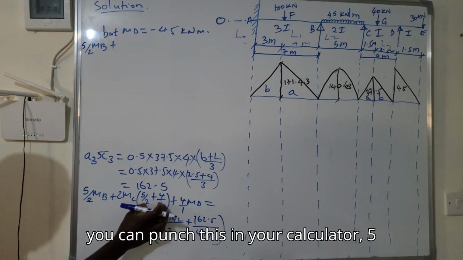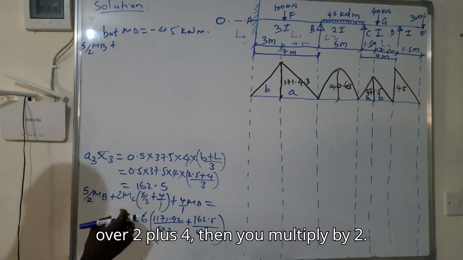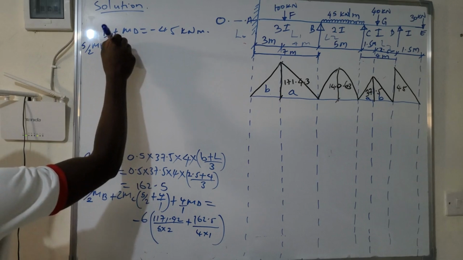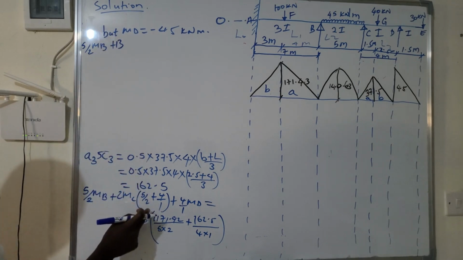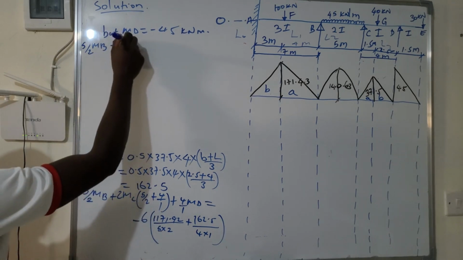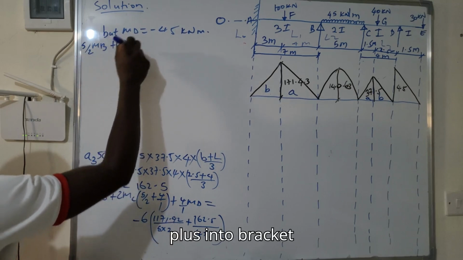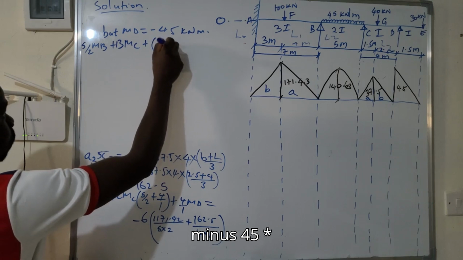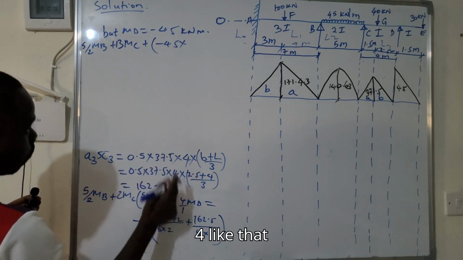You can punch this in your calculator, 5 over 2 plus 4, then you multiply by 2. You will get 13 MC plus into bracket minus 45 times 4,